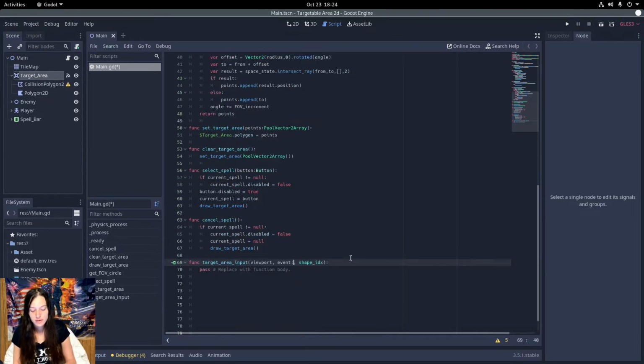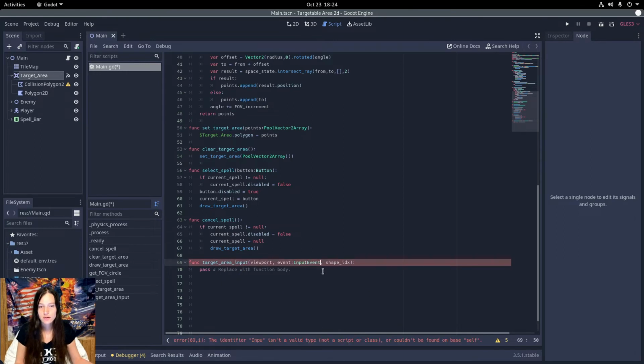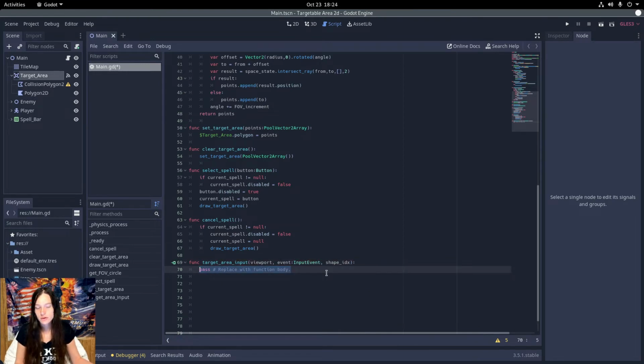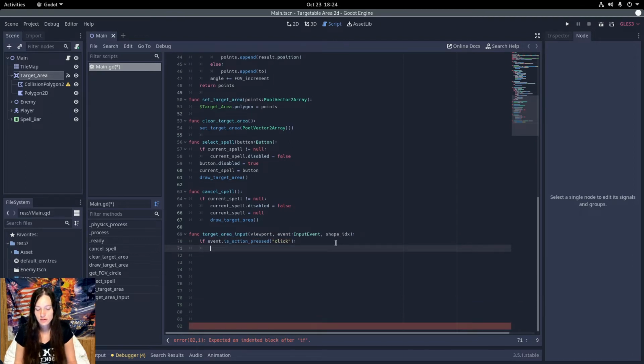So I'll go ahead and set the event type to input event to make the auto completion work. Then if event is action pressed click, which I have mapped to the left mouse in the project settings, and if the current spell is single target,